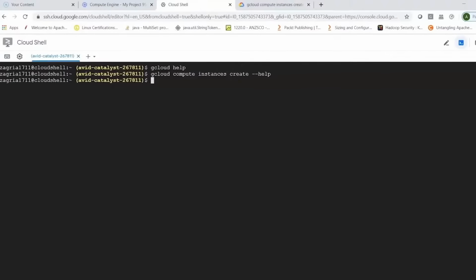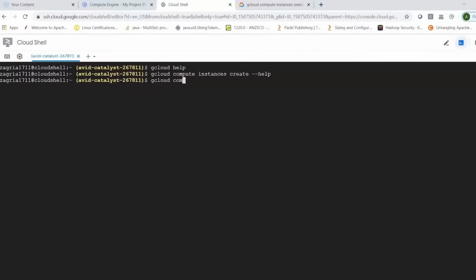Now you can always look at your default zone, you can look at your region, what is being used. All those things are coming from the metadata which is being used. So for example, I could be looking at the metadata for my particular project by just doing a gcloud,